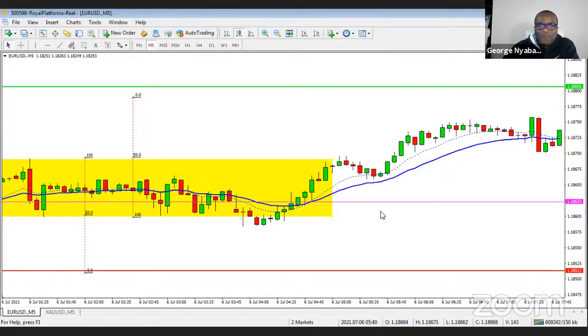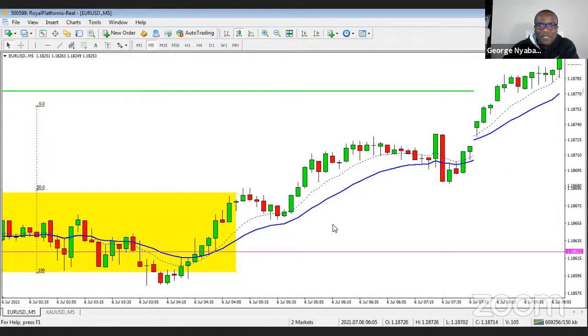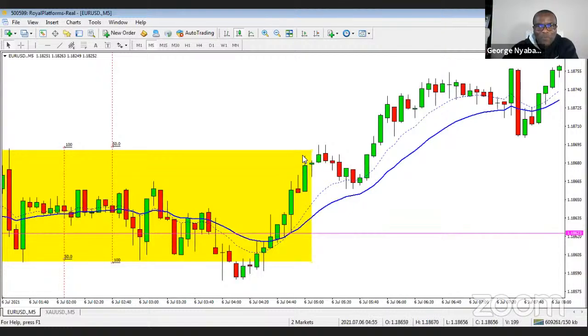And now, this is what gets interesting here. Okay, we don't get any breakout here. We get a pullback to the 10 EMA. Now, we are in a trading range. The fact that it goes up after the fact is something to observe, but at this point, we are in a trading range.